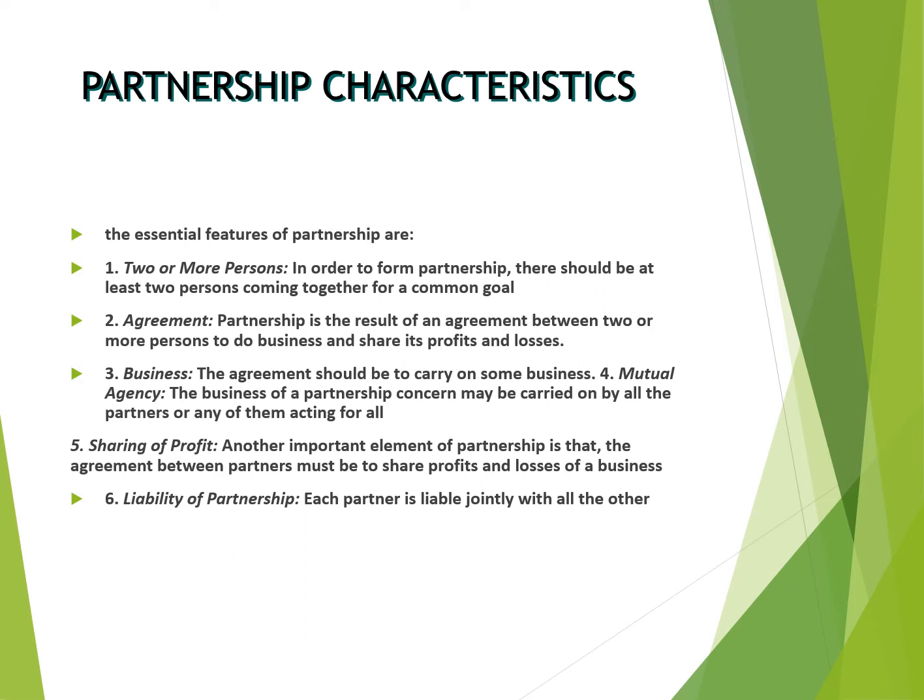The partners are jointly and severally liable to the other partners, and also severally liable to the third party, for all the acts of the firm done while he is a partner. So my dear friends, here there is an agency relationship between partners. One partner is responsible to the other, and the other partner is also responsible to the other, and all are responsible to the outside world.